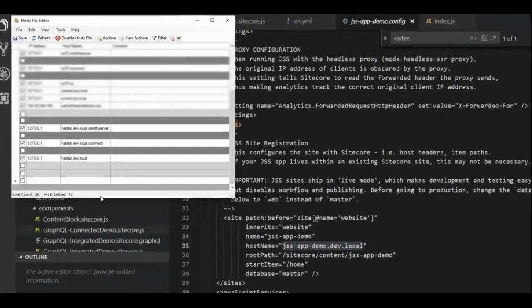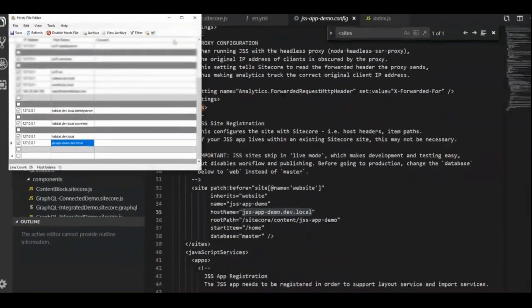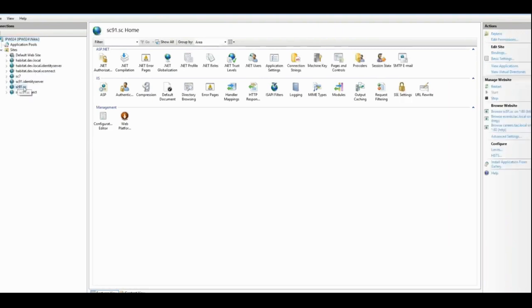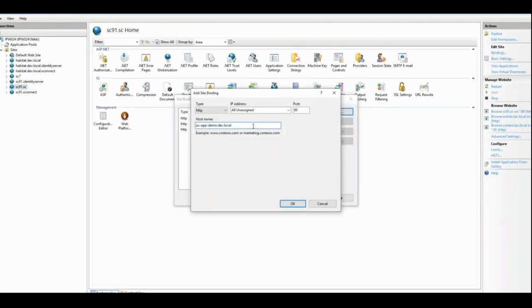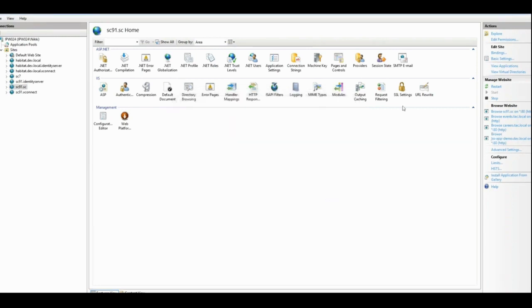Just open the host editor and I'm updating the JSS application demo host file, go to the bindings, and I'm adding the binding jss-application-dev.local.